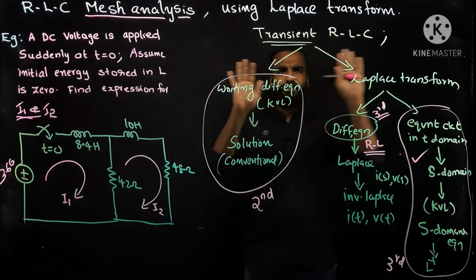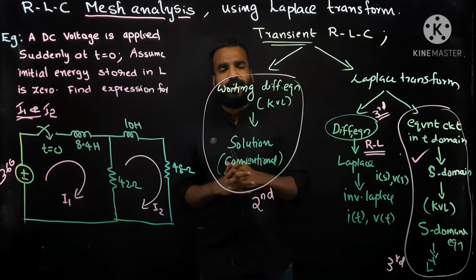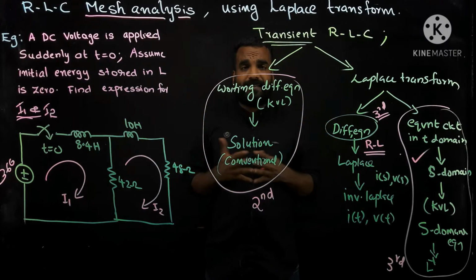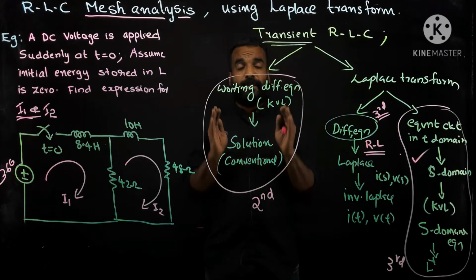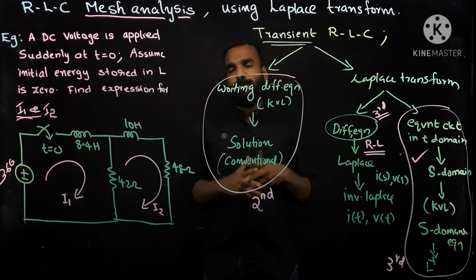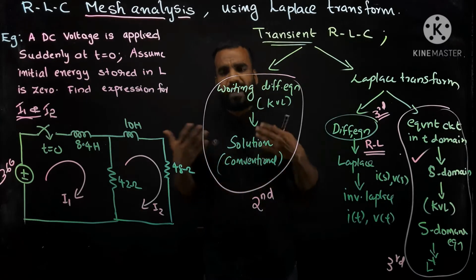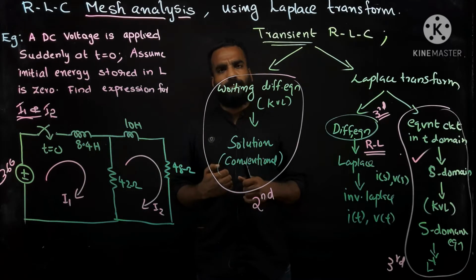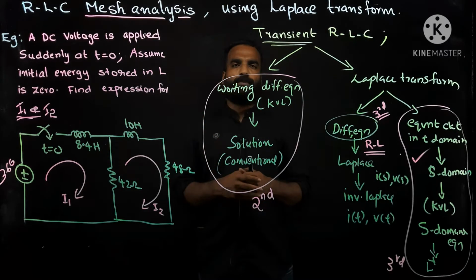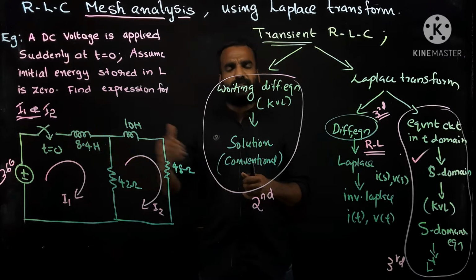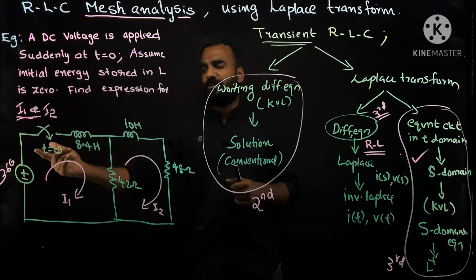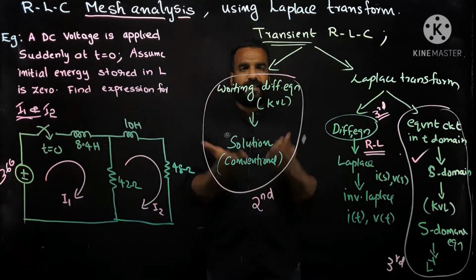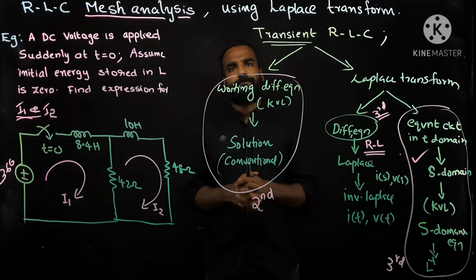So this is a brief recap of how you have to analyze things. You have to understand conceptually before doing the problem, so don't jump directly into a problem. By seeing a problem, you have to check: is it a switching problem or a steady state problem? Is a switch there or not? Even though a switch is there, is it an AC source or a DC source? And you have to select which is the easy method.